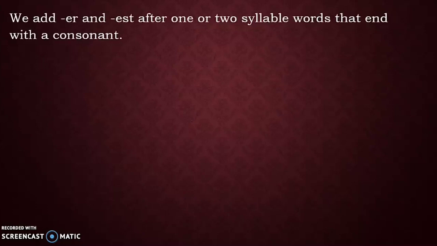Moving forward, we'll learn about transformation from one degree to another degree. There are a few rules for it. Let us look at the rules. While transforming from positive to comparative or to superlative degree, the adjective takes various forms. For example, in one or two syllabic words, ER or EST is added after the adjective. ER in comparative, EST in superlative degree.